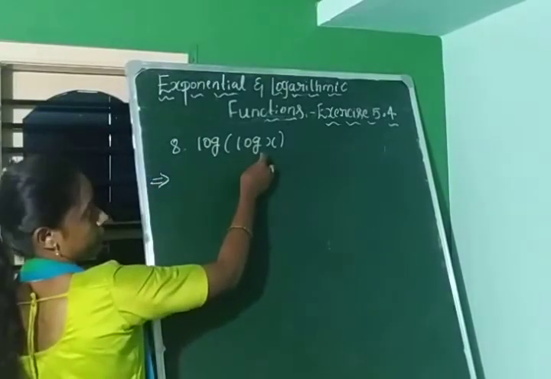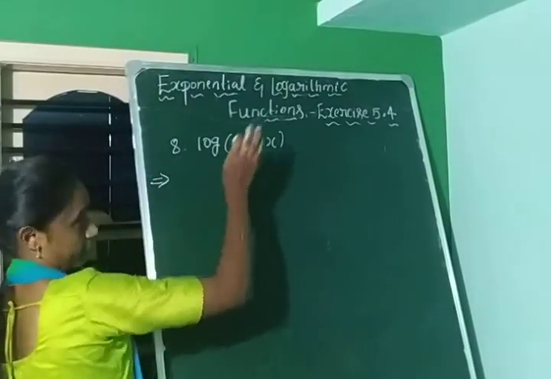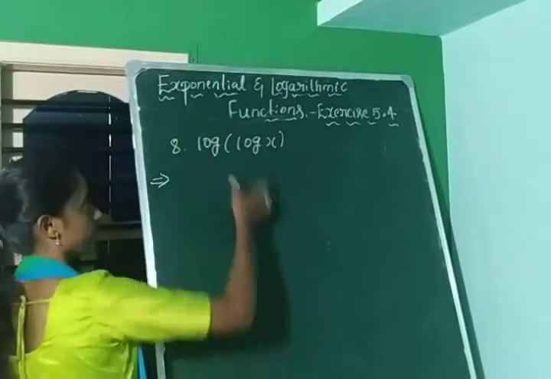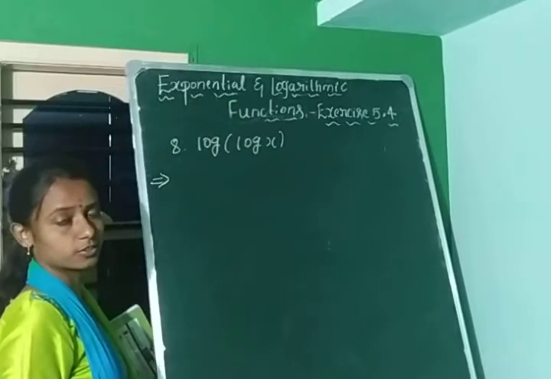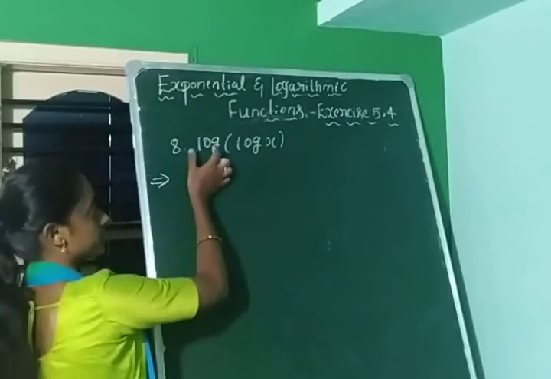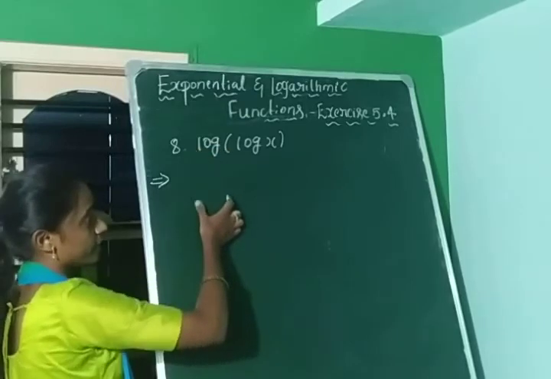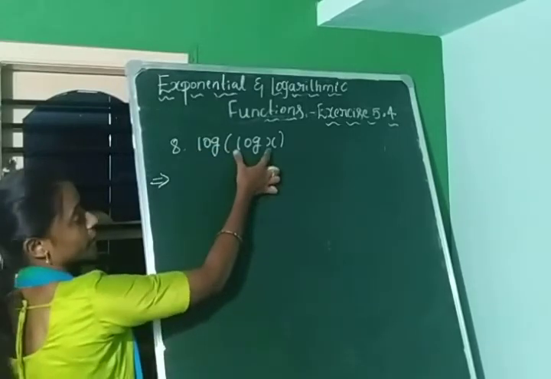So log of log x. Two same functions, but it is a combination of two functions, I can say that. So you can consider this as a composite function. So in that case, what do you do? Differentiate this function. So derivative of this, you have to write it along with the variable, you have to consider this inner